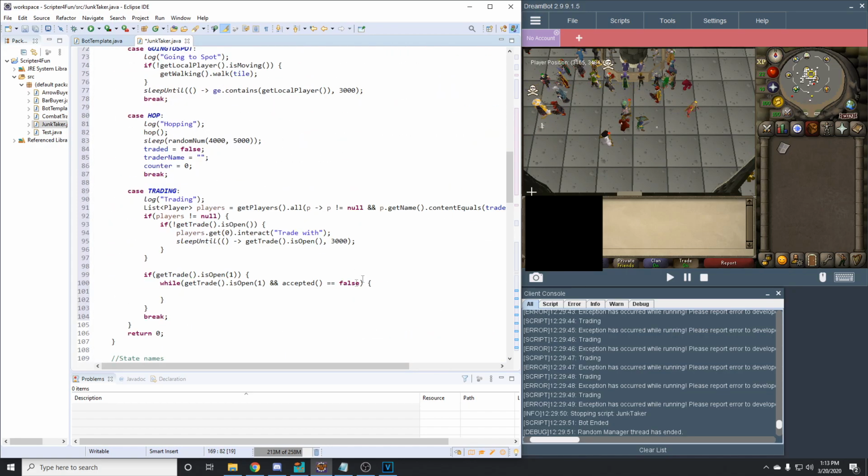So while this is false, you want to keep it inside this while loop, but when it becomes true, it breaks this while loop. So that's the whole reason why I wrote this while loop. While it's inside this while loop,